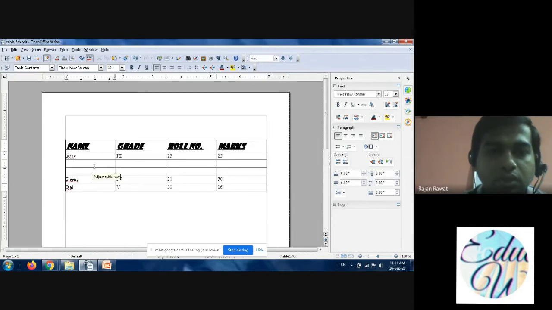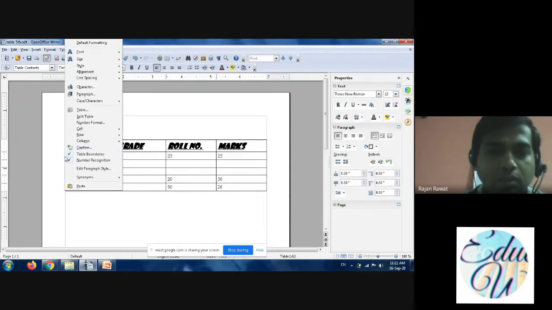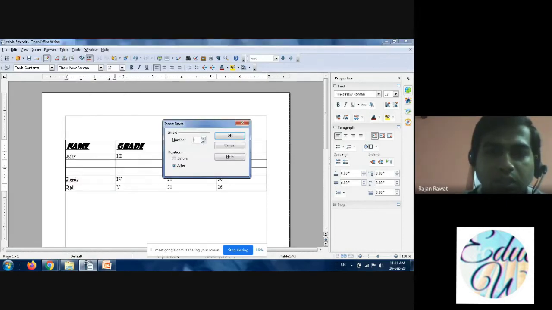Now student, you can see that 2 rows are inserted in the table after Ajay, because I have selected after. If I had selected before, then it would be added before Ajay. Like I will show you again, adding the row. You have to do row, then go on insert and select 2 or 3, n number of times you can select, and this time I'm selecting before.